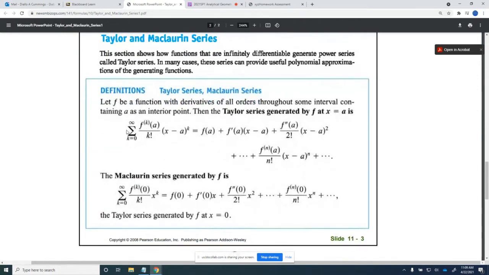All right, so here's the formula. We have the summation as k equals 0 to infinity of the kth derivative. This f raised to the power of k is the kth derivative at a, divided by k factorial, times x minus a raised to the power of k. Right, we can expand this out. The summation is just a sum, where we're adding terms from 0 to infinity. So once we plug 0 into our function, we have f of a. Now 0 factorial,